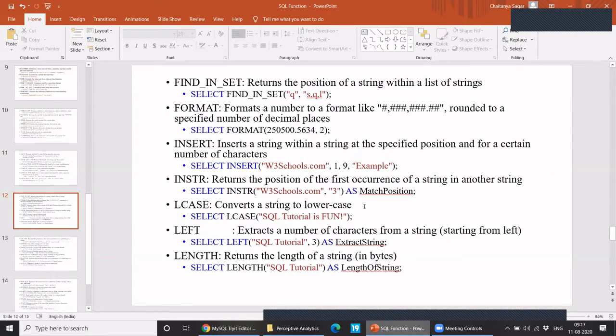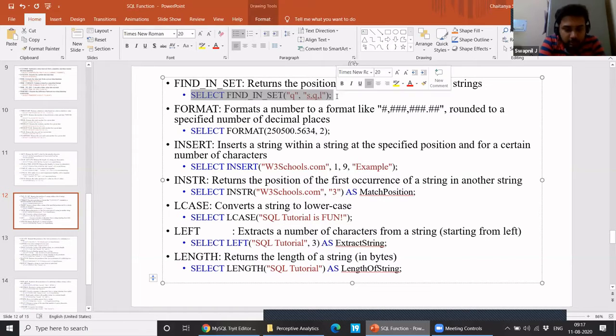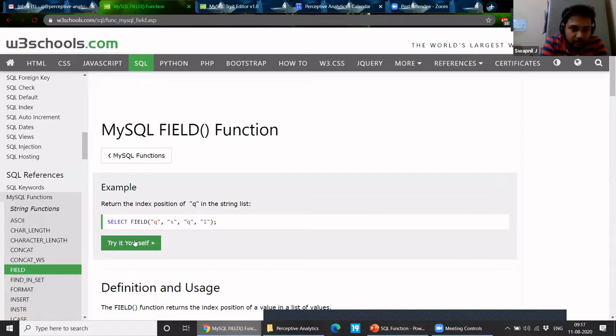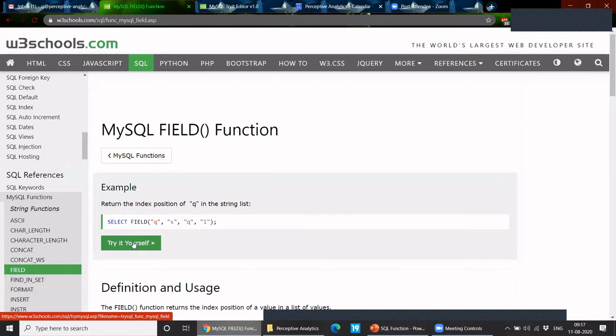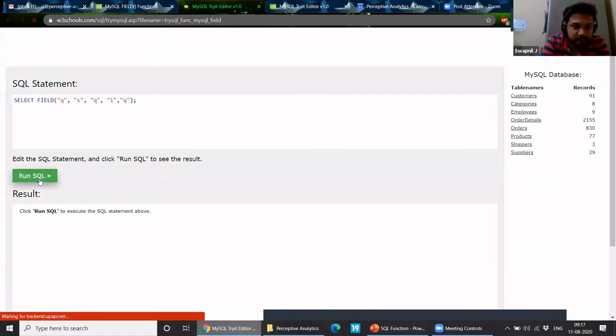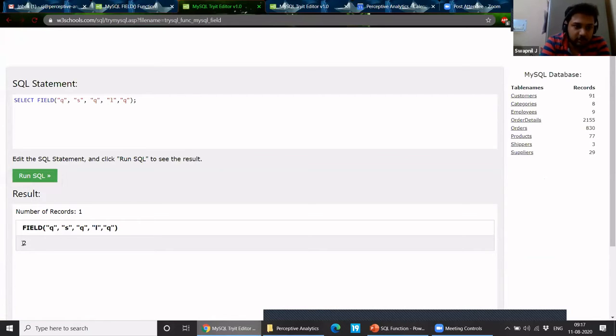In that case, will it return only the first one, or how does it work? It will return the first one. Okay. Let's see. Yeah, whenever it finds the first one, it will return that value. Okay.